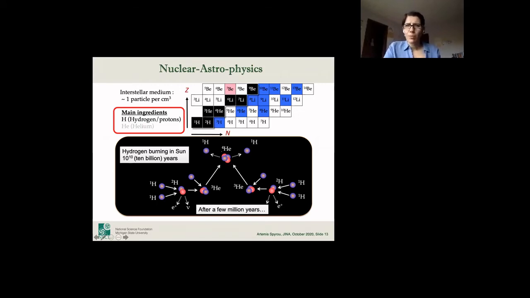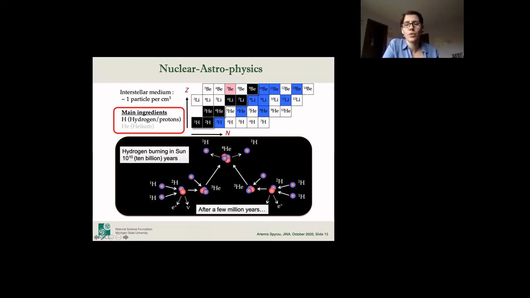So this first part is what I wanted to focus on, but you can see with little balls here of protons and neutrons how it goes, that you can fuse, you can add protons, you can remove neutrons, you can fuse things together to build heavier and heavier elements. And this is how the whole thing works. It's just that it gets more complicated. Obviously, the heavier you go, you have many more options, and the reactions get harder and harder to do. But this is how the whole field of nuclear astrophysics works. You have to look at these details of how the reactions between different elements and different isotopes will take place.